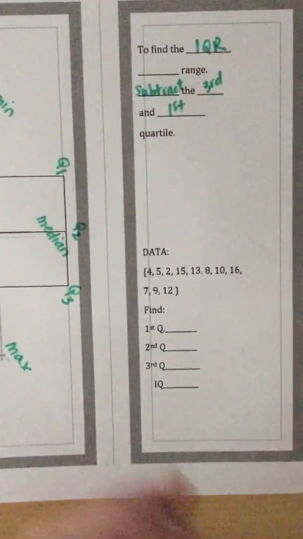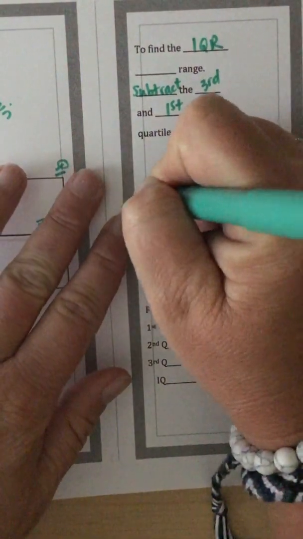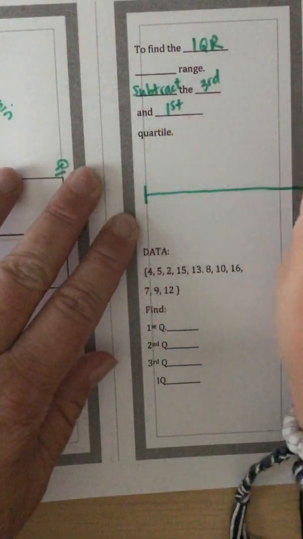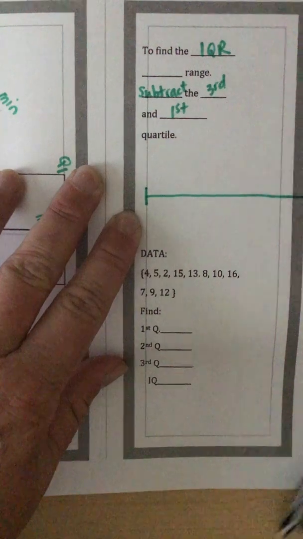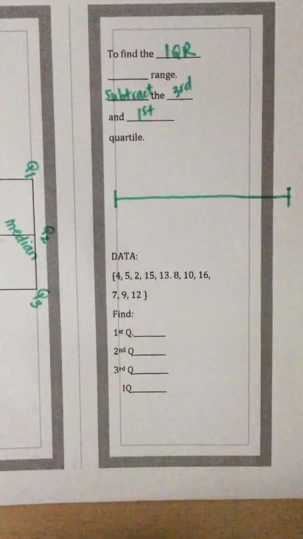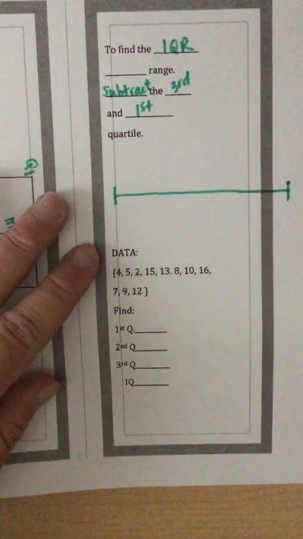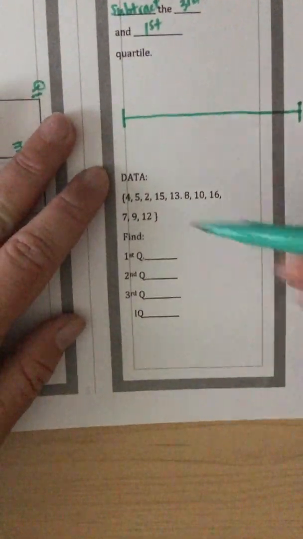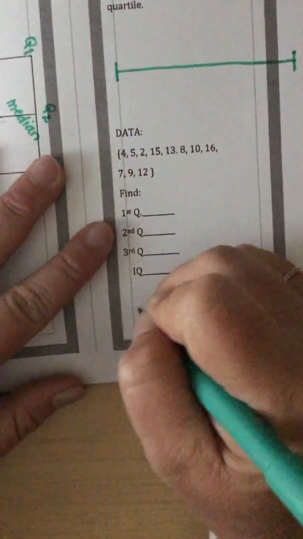All right, so on here we're going to do a practice one. So I'm going to go ahead and draw my box. I'm going to make it a little bit bigger than the actual foldable just because I know I'm going to need a little bit more room. And the very first thing I have to do is put my data set in order from least to greatest. So I'm using these numbers down here. So it's going to be